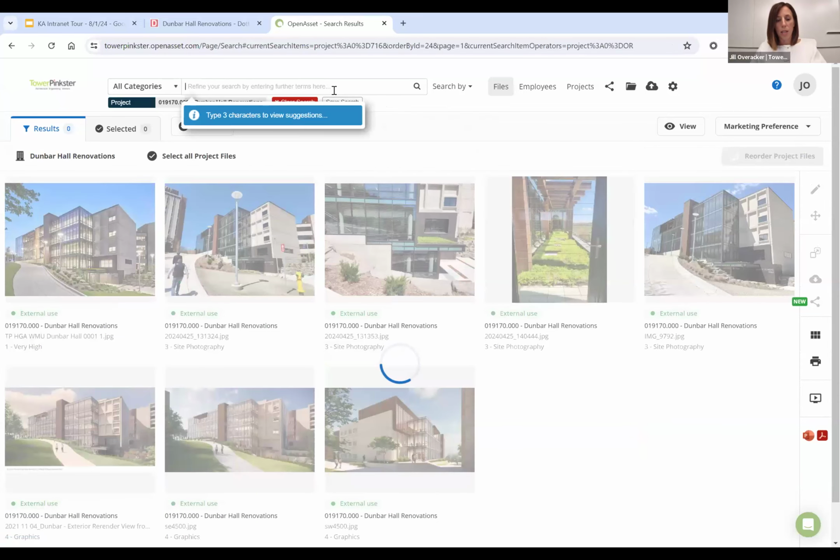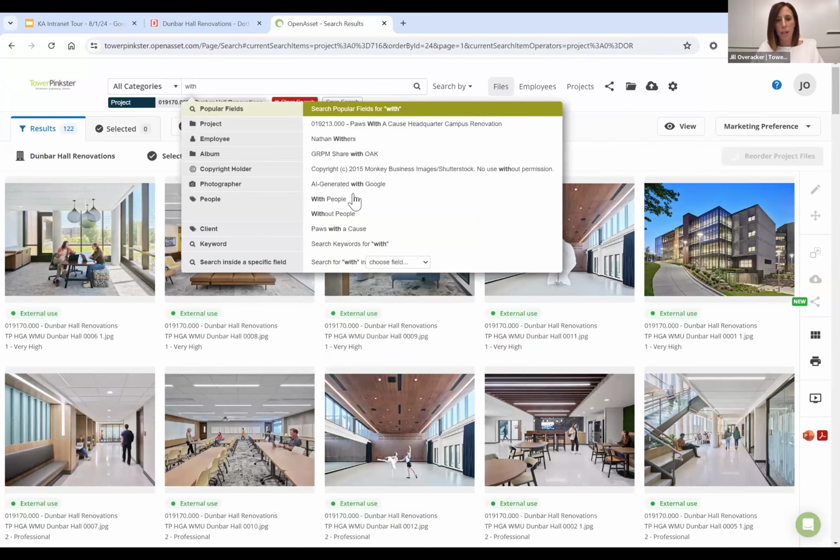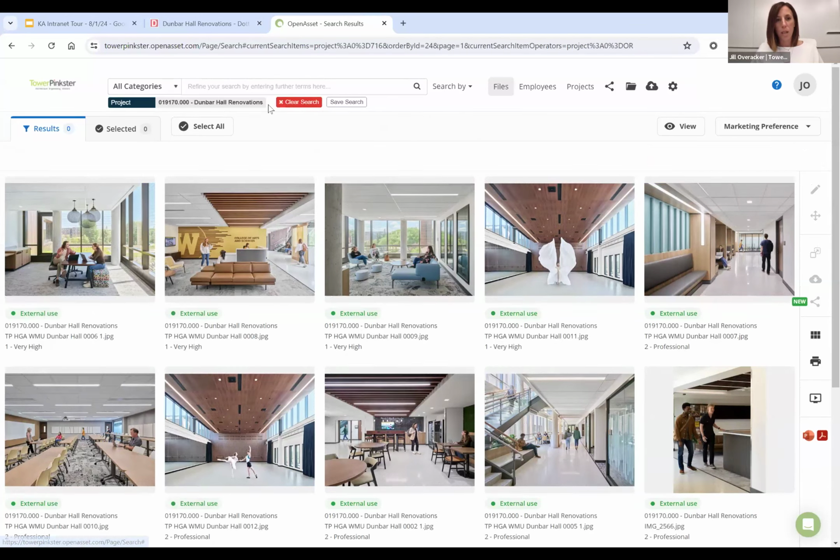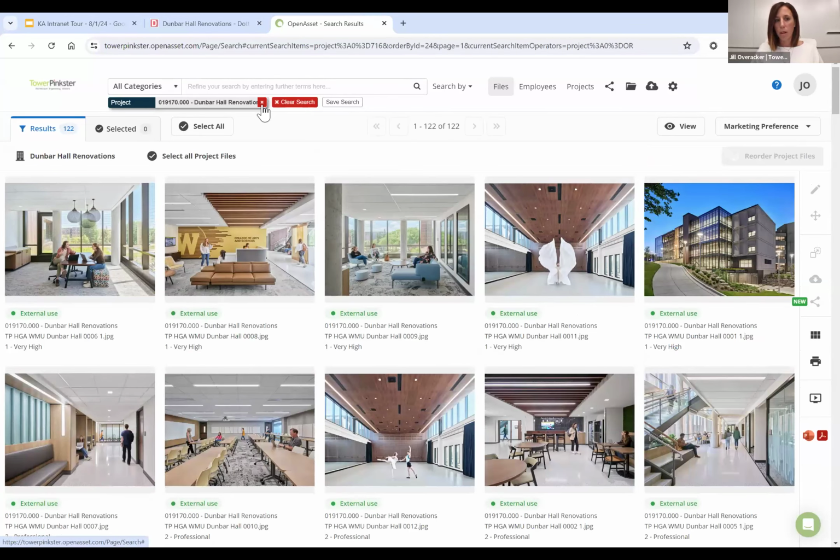If we want to see things that are with people, we can do that. So there's lots of different ways to filter, right? And there's an endless amount of tags that you can do, and they make it really easy. So we really enjoy that. If I were to remove Dunbar, so let's say we want to get out of Dunbar, we don't want that